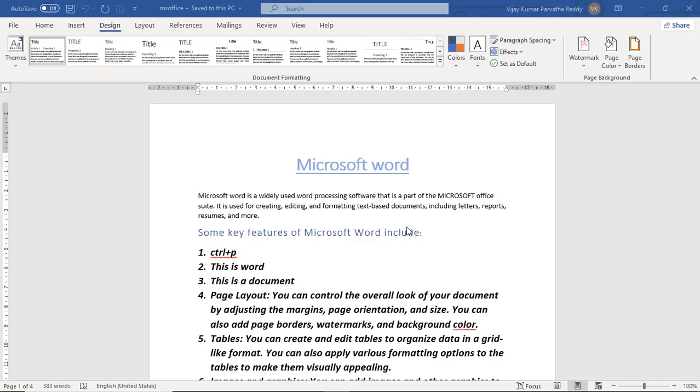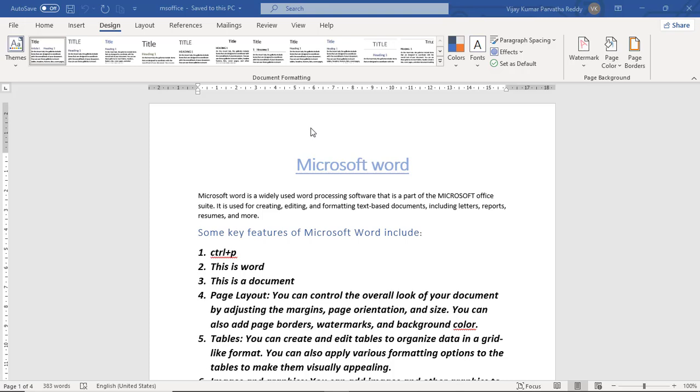In this session, I will explain how to design your document by applying different format settings. That too, they are predefined themes, predefined styles, and a predefined set of colors, fonts, paragraph spacings, and effects. All these are predefined.